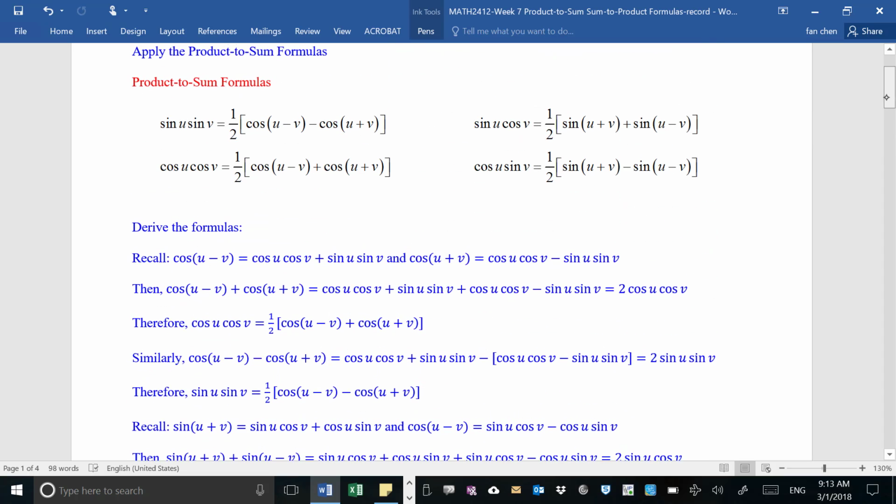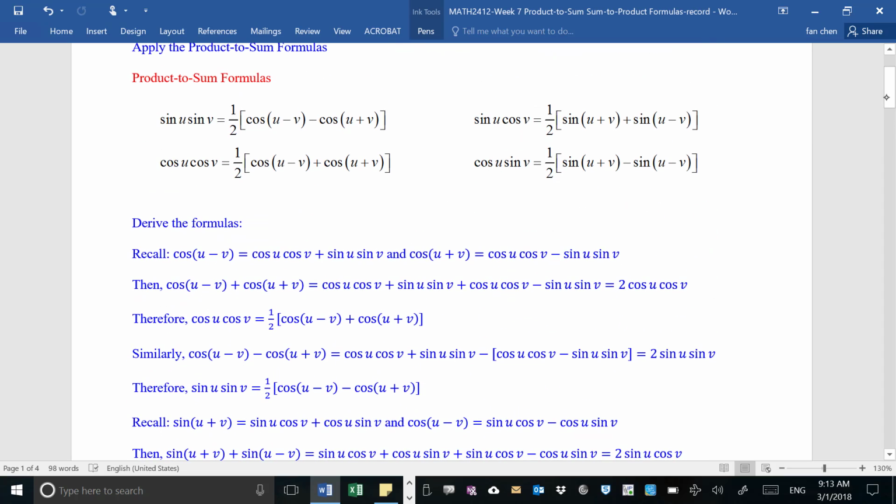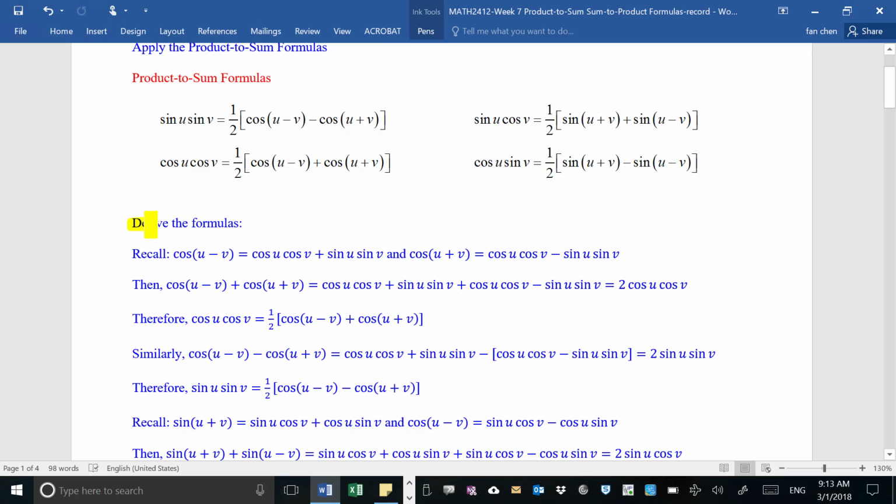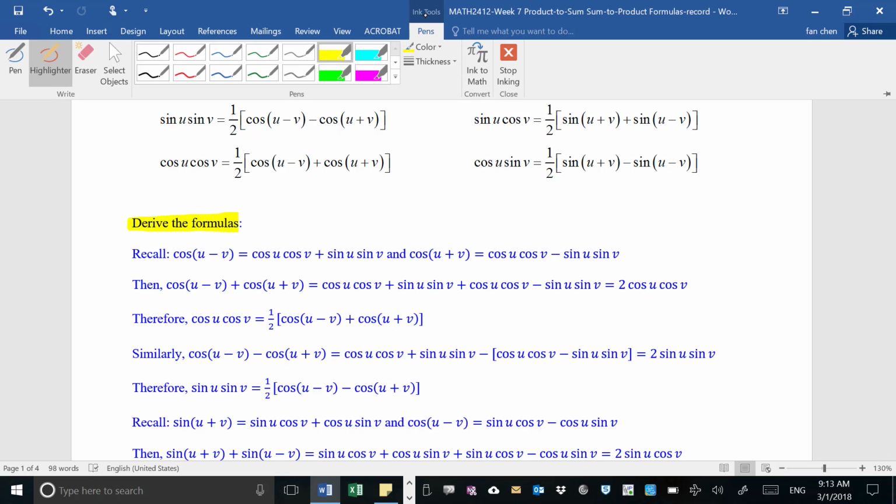It seems a lot of formulas to remember. Well, just like in other sections, I would like you to take a look at how we get these formulas. So we are taking a look at how we derive the formula. First, let's take a look at